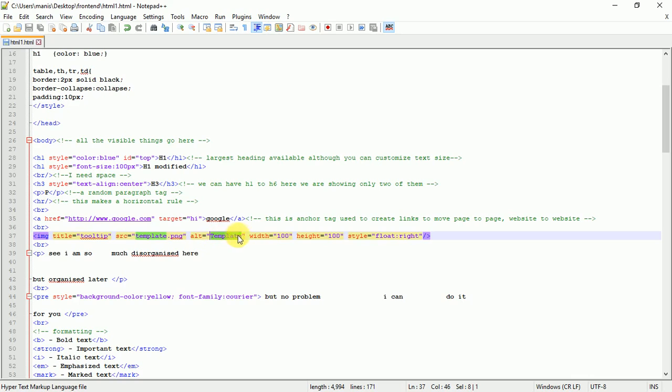So this is also compulsory, because if image is not present, then there should be something written over there to tell the user that okay, there was something here, and okay, here was template. That's why, and width and height in pixels. You can also apply style here, and another thing you can do with anything and with images too, whenever you hover over the image, it will show you tooltip. Okay, so I will show you